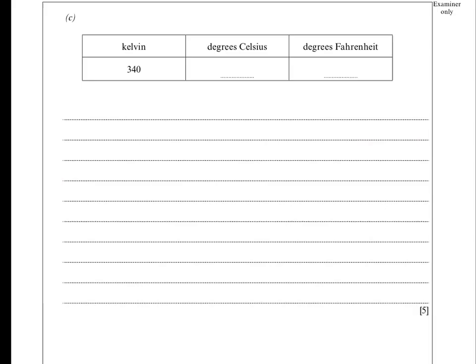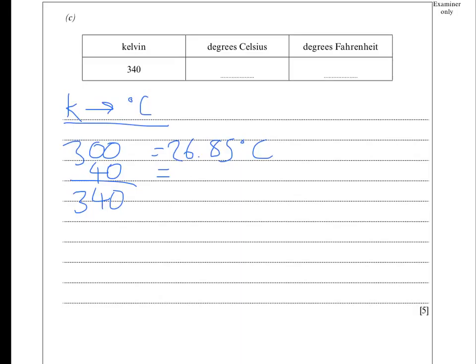Part C is quite tricky. Okay, first of all, let's look at Kelvin to degrees Celsius. Now, we found in the last example that as every 100 degrees of Kelvin goes up, the Celsius also goes up by 100 degrees, which means if we go up by 20 degrees, the Celsius will also go up by 20 degrees. So we know already that 300 degrees Kelvin is 26.85 degrees Celsius. So if I need to add another 40 degrees Kelvin to get 340, actually I'm going to be adding another 40 degrees Celsius. Add them together and we get our answer here, which is